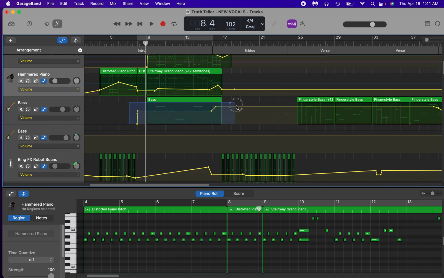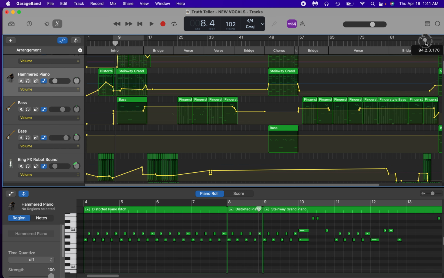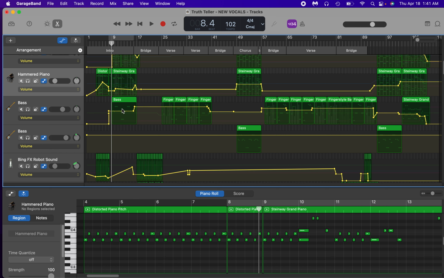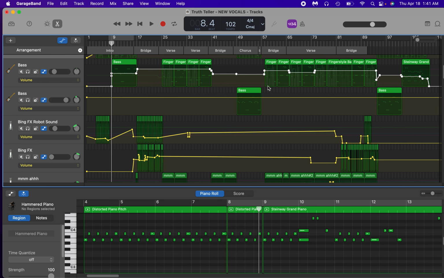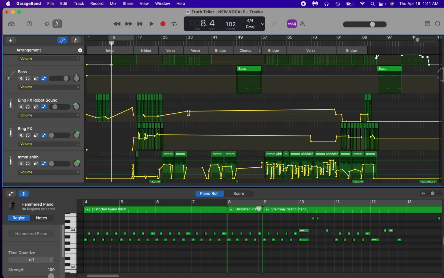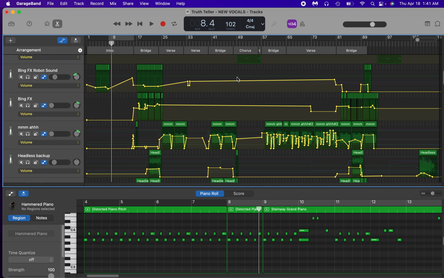So here's the bass. And what I'm going to do is drag this slider over here so I can see my entire project. There we go. Not the entire project, but you know what I mean, see the entire track. And then we go over here, boom, right there. Now I'm going to have to go down and do this for every single one. The bass stayed the same, that's good. On the volume, this one is a little weird,